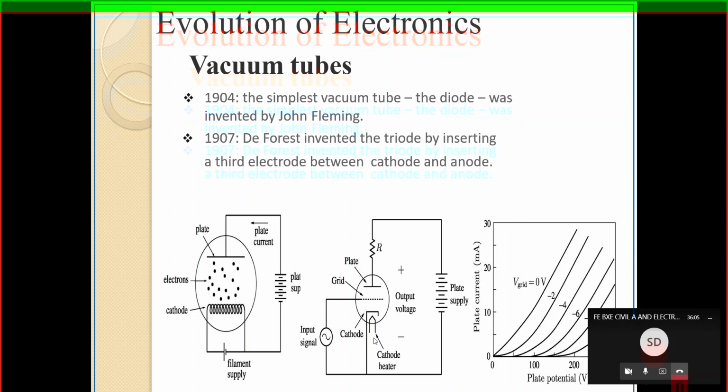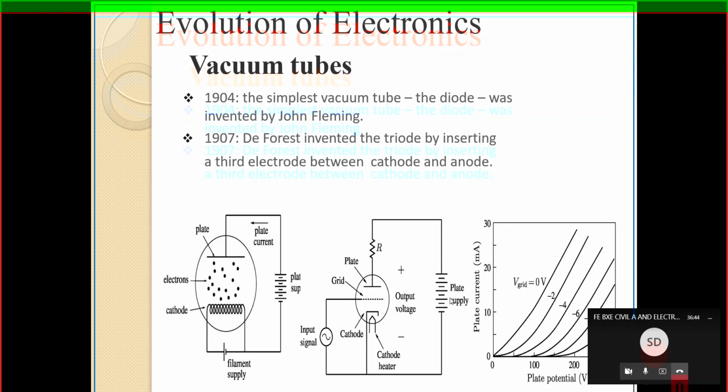The cathode heater is heating after the supply is on. With respect to the resistance, the current increases. Ohm's law says that current is directly proportional to voltage and inversely related to resistance, or the voltage is directly proportional to the resistance and current. Anyway, you can use this sentence.